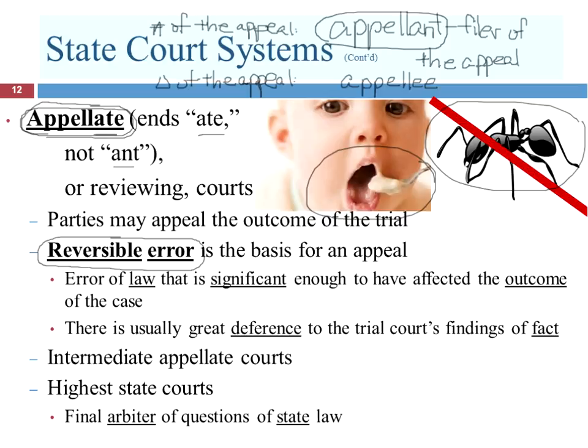A good judge is probably going to get 90%, maybe even 95% of the decisions right. But he's not going to score 100. And so there's going to be errors. That's a given. That's a certainty. Everybody knows that. But, of course, we don't have a system in which the judge made one insignificant error